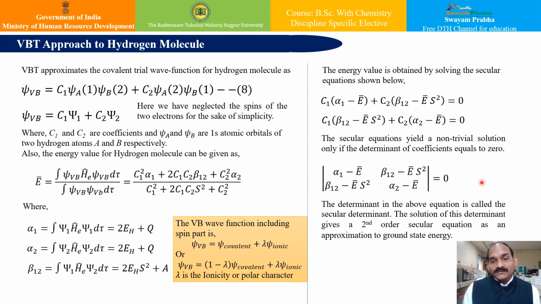This we have seen in the valence bond approach. We will not go into the details in this lecture, because we have seen this in the case of the hydrogen molecular ion. However, the energy can be calculated in this fashion after having the solution of this Q A and then alpha 1 and beta 1 1 2.